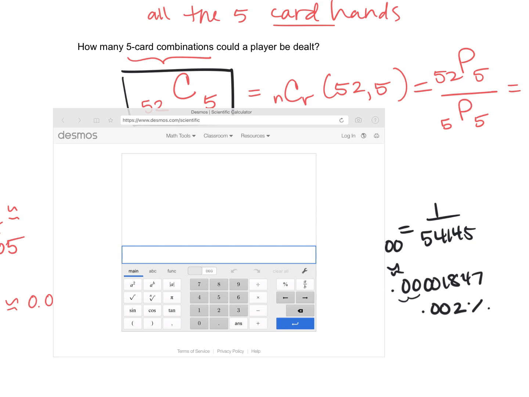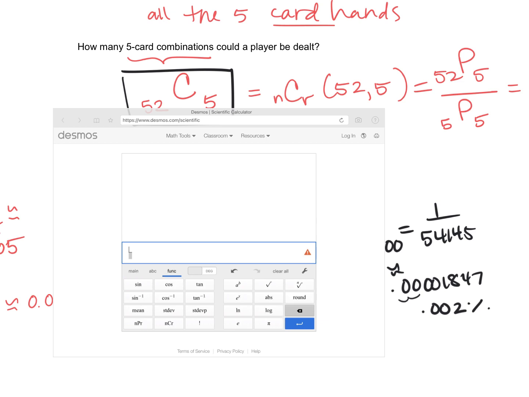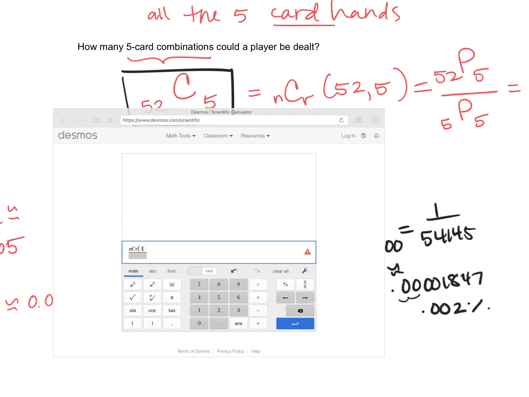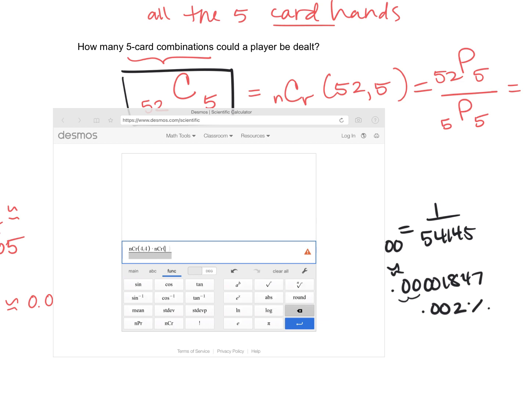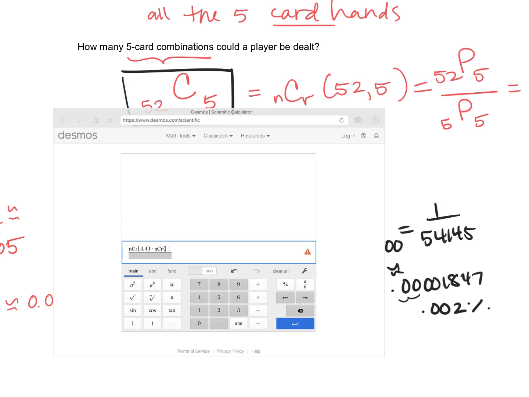And what I wanted to show you in the calculator really quick, you could enter that entire thing into the calculator. So I start by clicking on the fraction, and I'm going to type in there the combination 4C4, so 4,4. Close that up. And then I'm going to say times the combination. Go to function, NCR, go back to main. It will be 48,1. And then I'm going to put on the bottom there the 52. So combination again, function, NCR,